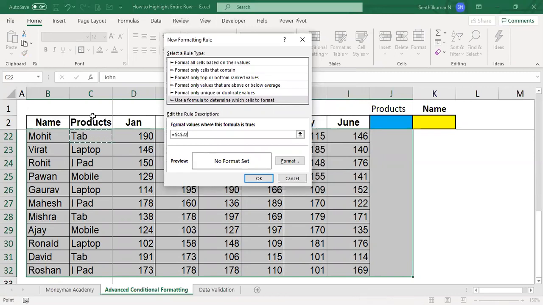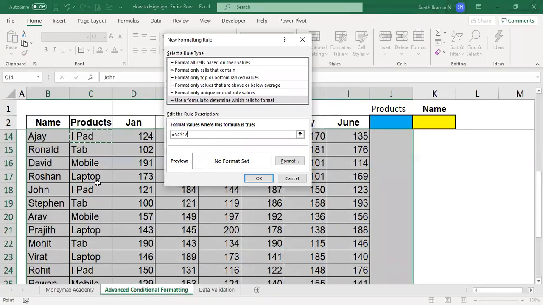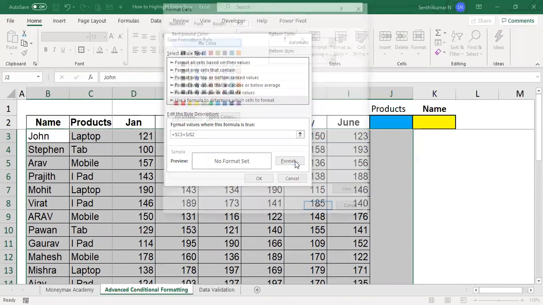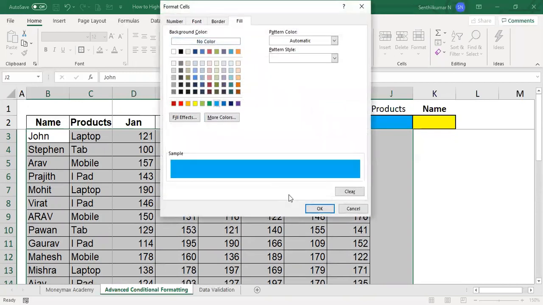You have to put the dollar symbol before the column. The C column will not change, but the row will change, 22nd row, 23rd row, like this. So select this, then press F4 two times, 1, 2. So the dollar symbol is placed before the column, equal to here. Now you can give the color for this format.